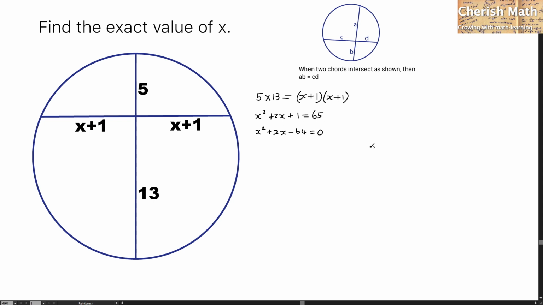Now, in this problem, I will have to use the quadratic formula to solve it. And this is the quadratic formula. The value of A is 1. This is the value of B, and negative 64 is the value of C. By substituting each of the values into this quadratic formula, x is equal to negative 2 plus or minus